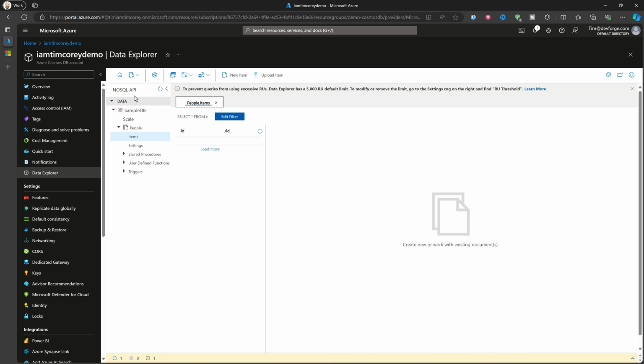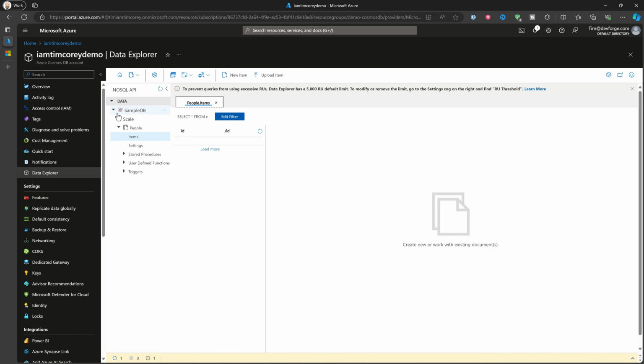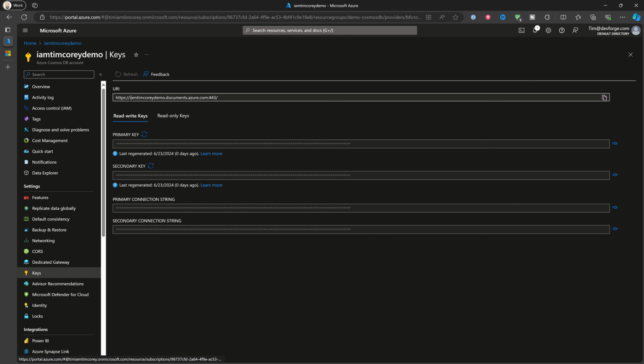So now let's go back to here and say our database is going to be our SampleDB. Okay, but now we have primary key. So come down here to keys, and we have our URI, and we have read-write keys as well as read-only keys. So I'm going to do read-write keys. I'm going to grab my primary key. Now, I'm going to show this to you, but don't freak out, because what I'm going to do is, after we're done here, well, first of all,